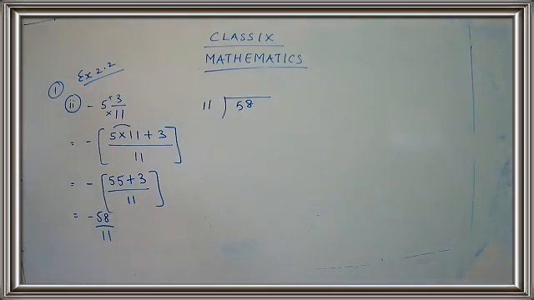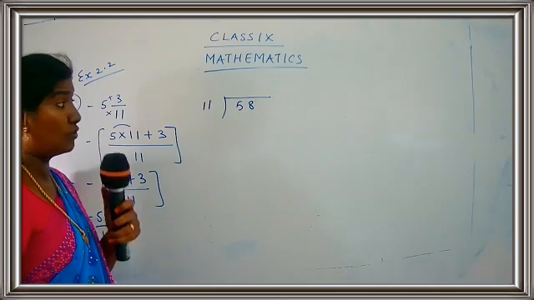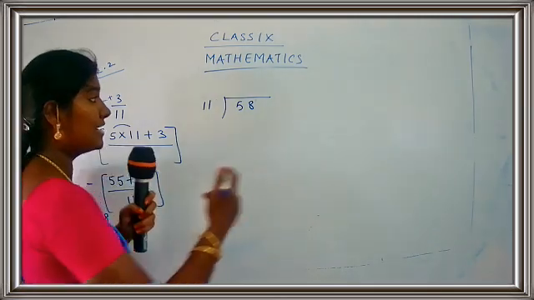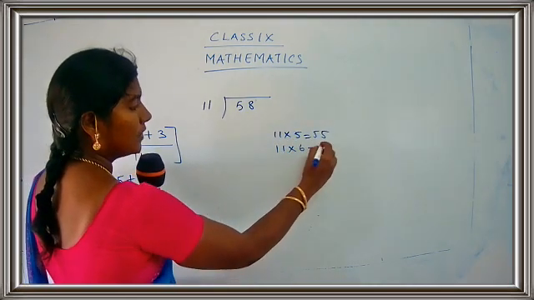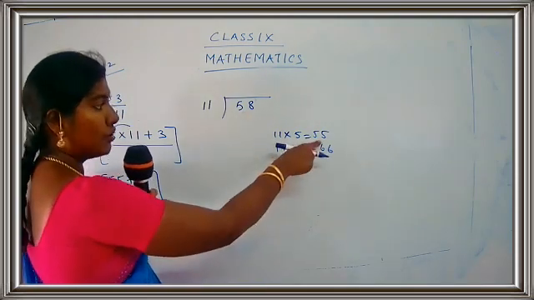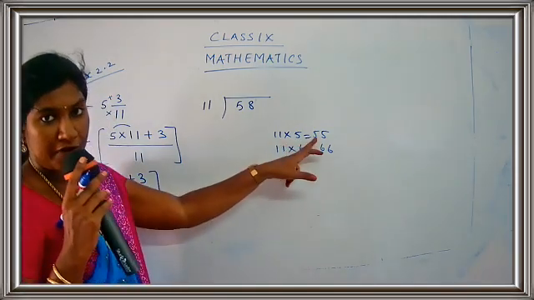It's 58 divided by 11. So 11 is in the denominator part, so 11 goes out. So what do you get here? Let's go for the division. Here you have 58. So what is the closest multiple of 11? 11 5s are 55 and 11 6s are 66. Okay children, I cannot take the number 66 because this is greater than 58. So I have to take a number smaller than 58, which is 55.